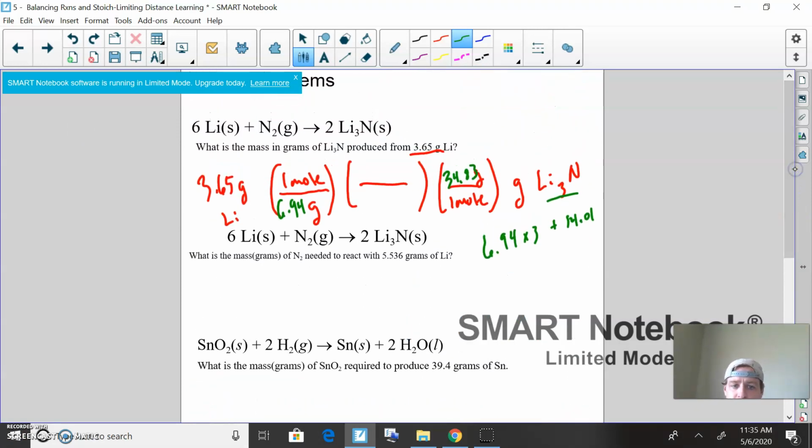Now I go to my balanced chemical equation. The number on the bottom is whatever is here. So it's 6 moles of Li on the bottom, and Li3N is 2 moles. All right, so this is literally the exact same thing, but we just didn't set up the brackets for you. All right, every time it's the same brackets, same brackets, same brackets. As long as you know what you are given and what you want to find, you have no problem setting